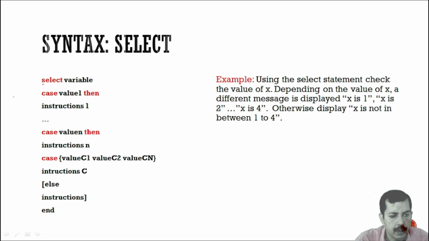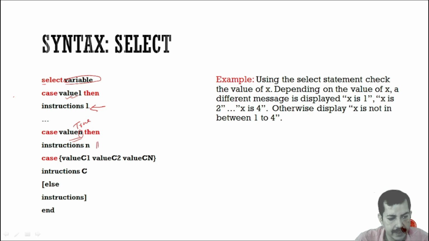First, you need one variable. Depending on the value of this variable, it will execute this instruction. Suppose if it is true, then it will execute this instruction. And similarly, suppose you define some n cases, so if this one is true, then it will